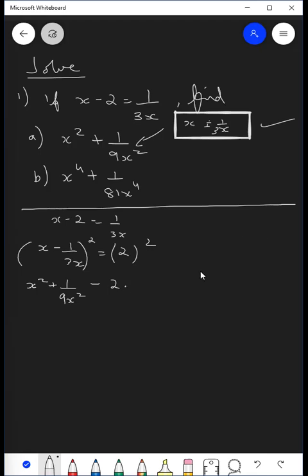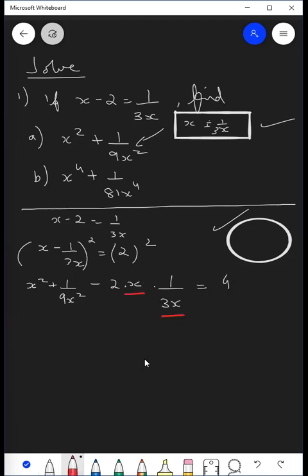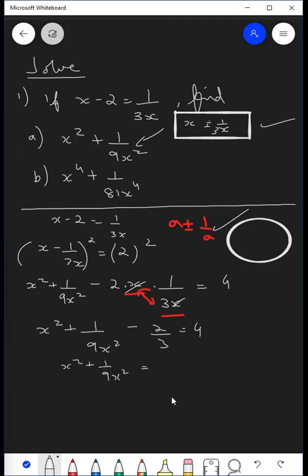Very, very good. This is your marks. Tell me why. It's x times 2 upon 3. Where will this go? Remember, I told you a and b are not inversely related. It's not a plus minus 1 upon a. The 2 is only applicable if it's a plus minus 1 upon a, right? So x and x get cancelled. So what do we get? x squared equal to 4. Right? So x plus 2 by 3, which is only Paki got correct today.